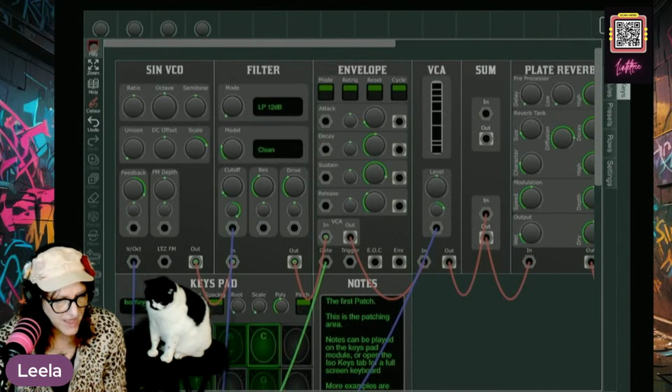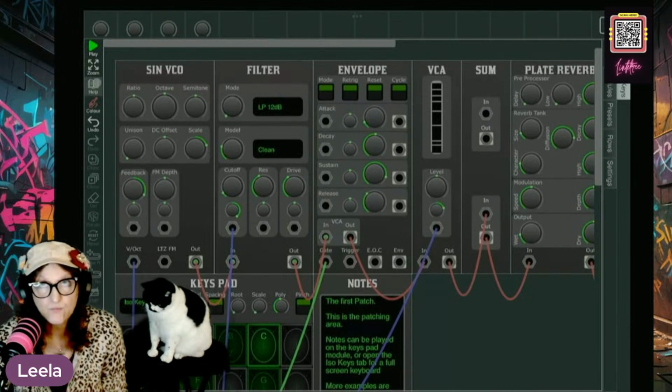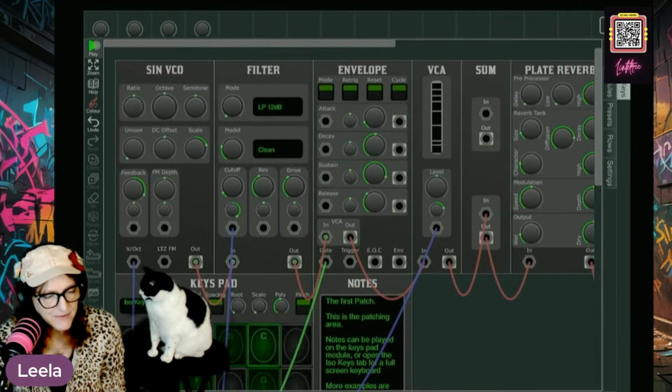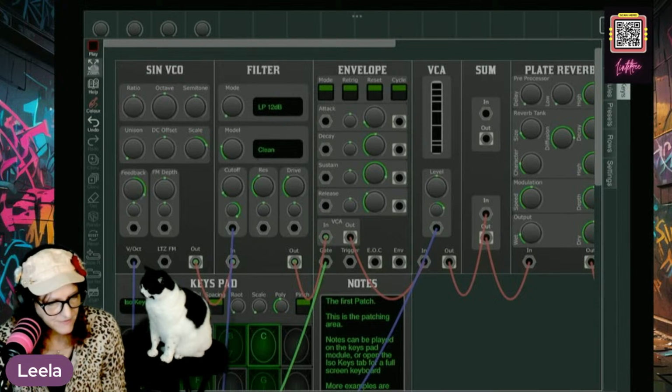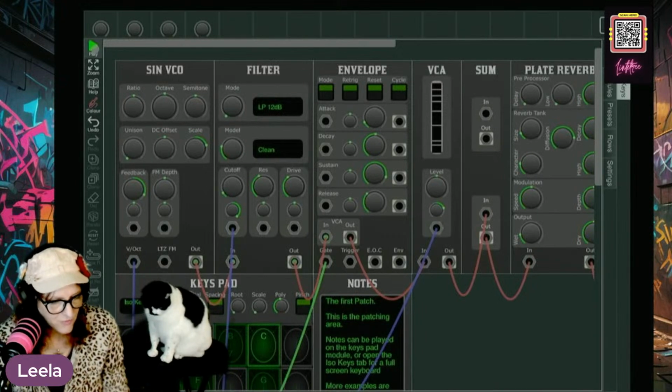So you have a play, which is also like a panic button. I'm unplaying it. It's on play. So if it's off, then no matter what we do, you won't hear anything. But you put it back on and